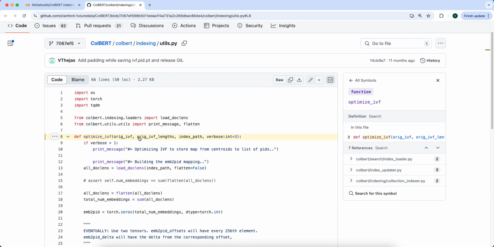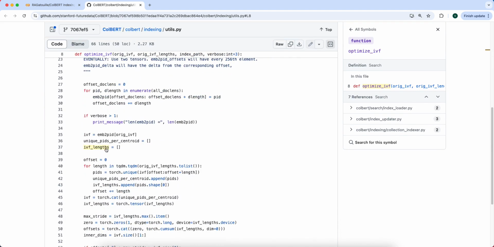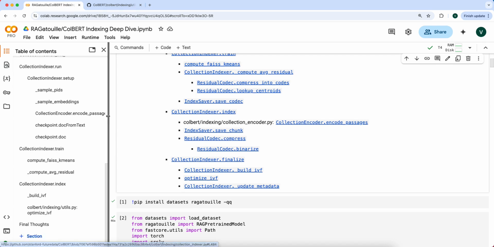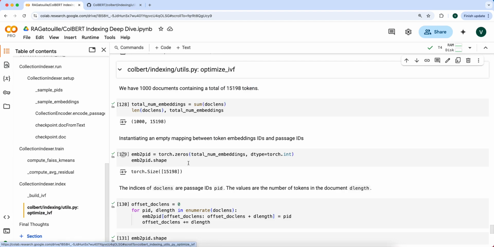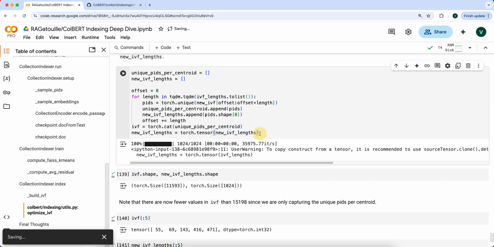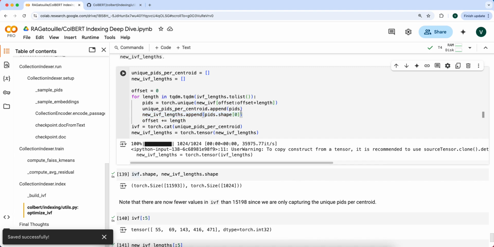So we have original IVF lengths. I probably should have kept that nomenclature. Here's IVF lengths. So tensor IVF lengths, IVF. Okay, yeah, so no, that's not right. So this should be, that line that we looked at here is actually just converting this into a tensor. So this should be new IVF lengths. It'll still be the same shape because it's a 1024, but it has now the number of unique PIDs, not